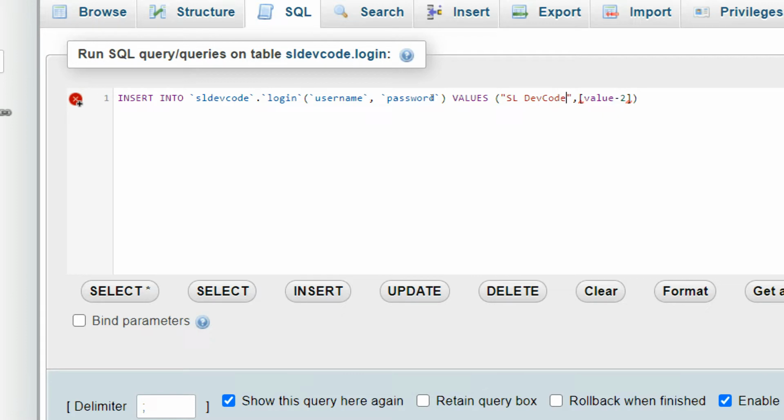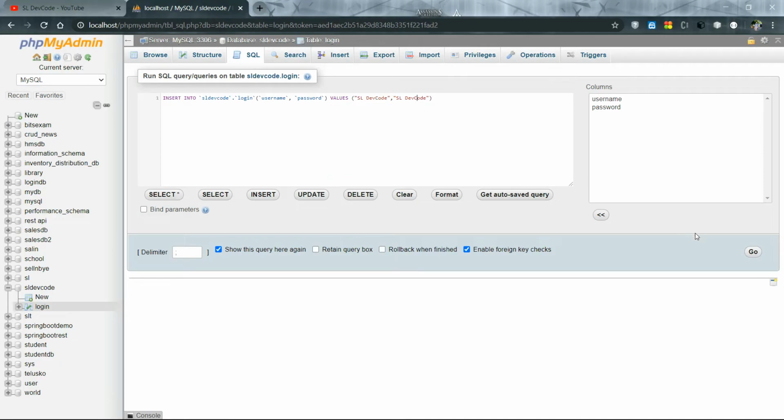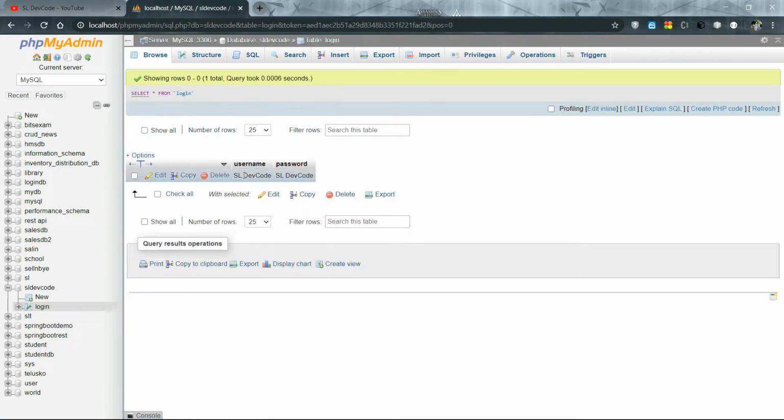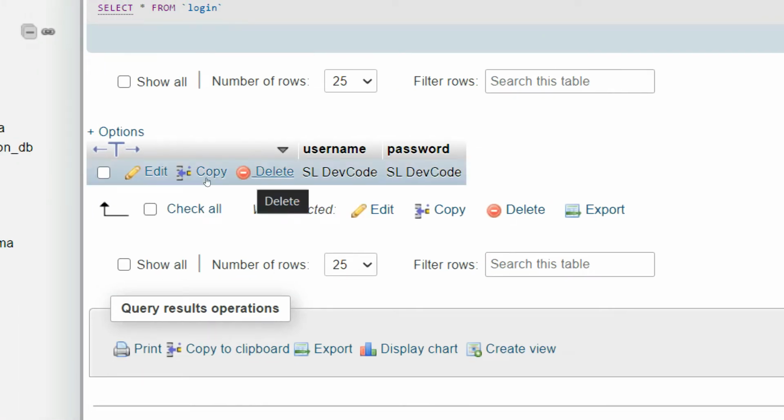SL Dev Code is my username, password also SL Dev Code. Now you can see your username and password.